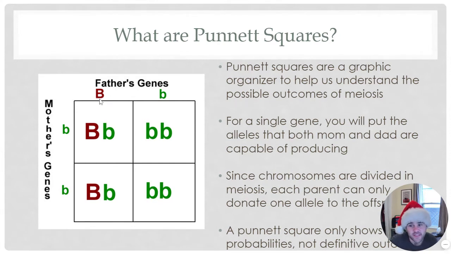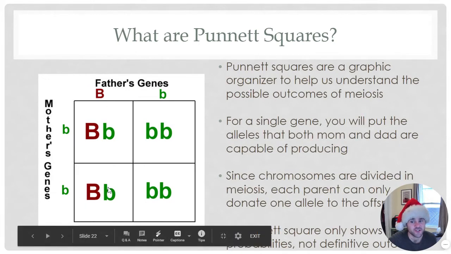If this sperm mixed with this egg, this is what we get. If this sperm mixed with this egg, this is what we would get in the offspring. It helps us predict, because we don't know which one's going to be used because of random fertilization, we can predict the ratios. So we can expect that if these parents were to have children, there's a 50% chance, because it's 2 divided by 4, that they'll be heterozygous, and there's a 50% chance that their offspring will be homozygous recessive.